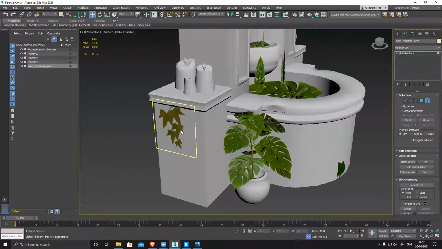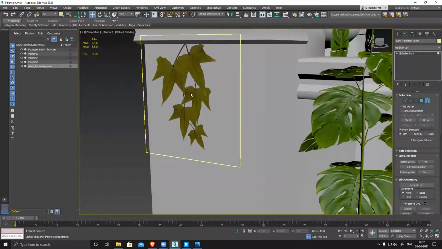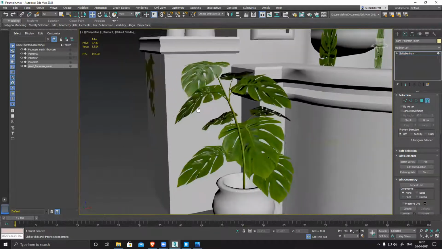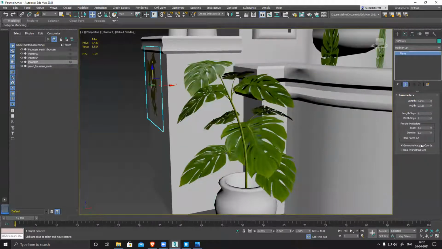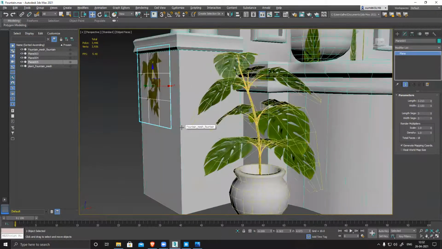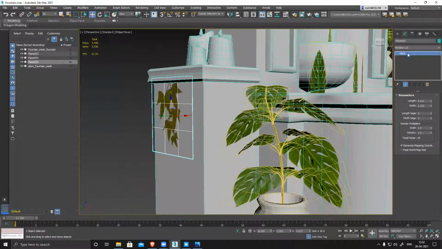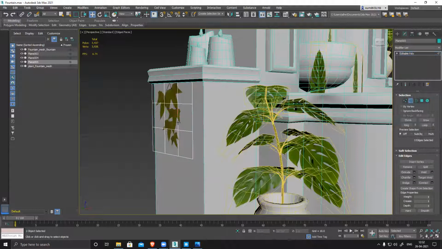I got the leaf, I got this leaf, but on this leaf, you can see there's no volume at all. So what I'll do is, for this, I need to add two segments here and modify it to add some volume to the surface.